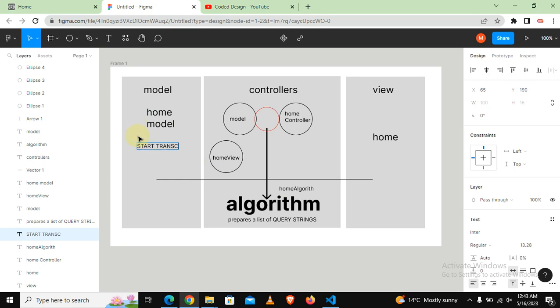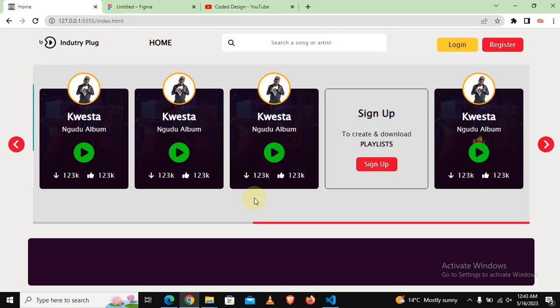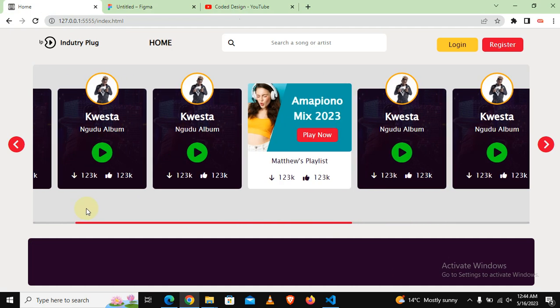Okay, it needs to start the transaction, and it needs to monitor the transaction, how it goes, which is the whole query thing request, until it reaches the end of the transaction, because these transactions are not coming one by one, they are not some sort of independent transaction, so everything must be executed entirely. That means all these query strings, in order for us to display this as it is, all those query strings must be